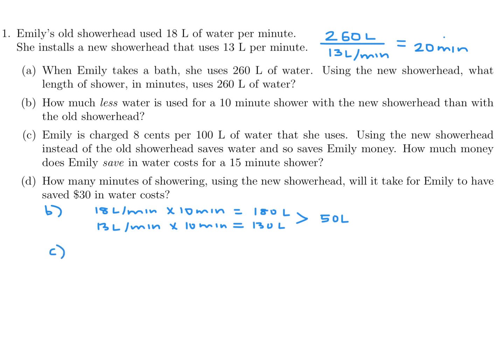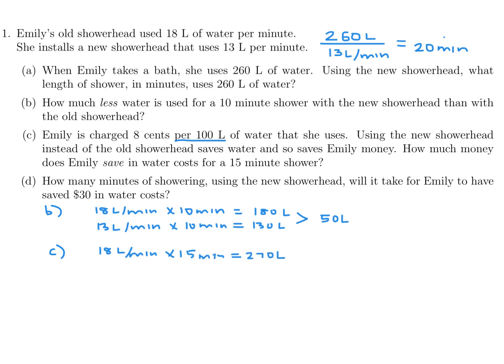Emily is charged 8 cents per 100 liters of water. That's very important. Using the new shower head instead of the old one saves water, and so Emily saves money. How much money does Emily save in water costs for a 15-minute shower? All right, so as before, for the old one, 18 liters per minute times a 15-minute shower, and that's going to be